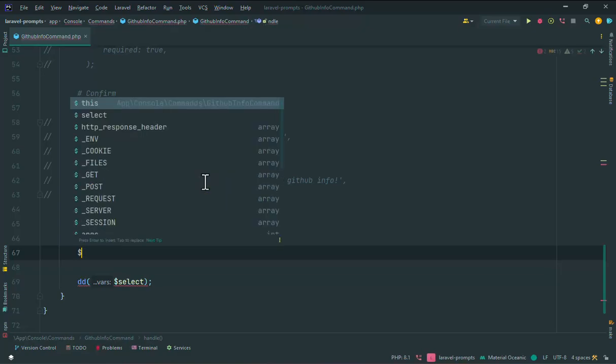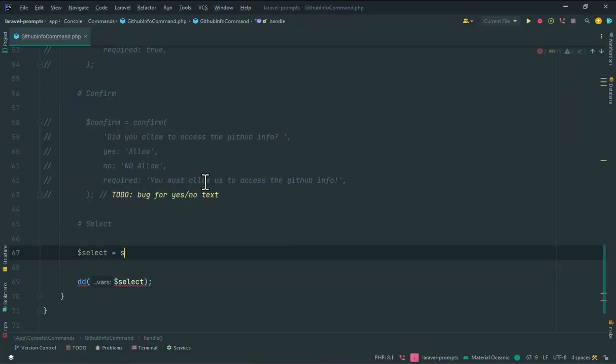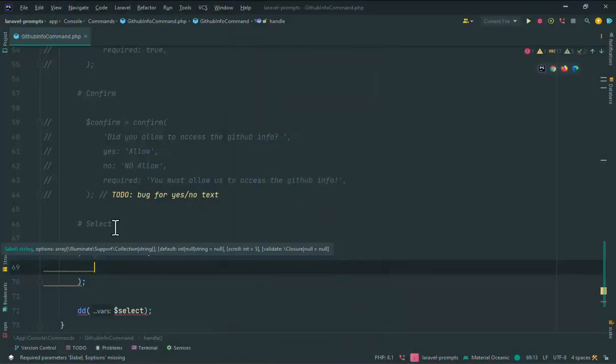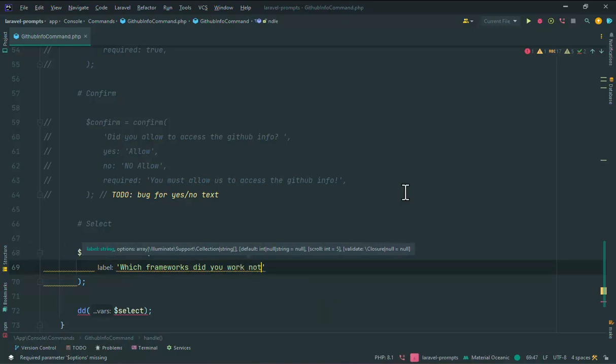So write select and use the select function or helper, and here in the parameters, the first parameter is label. For example, which frameworks are you working with now,